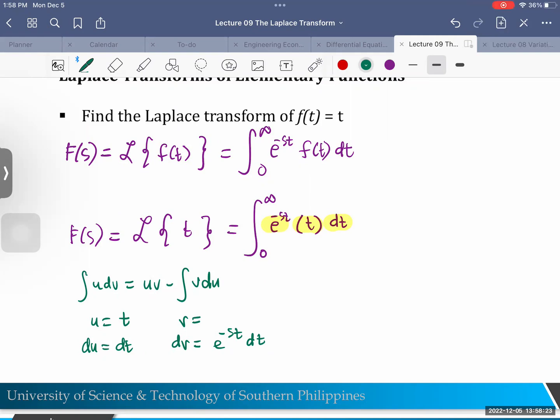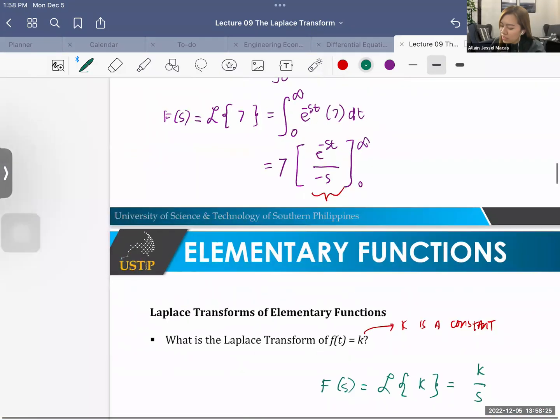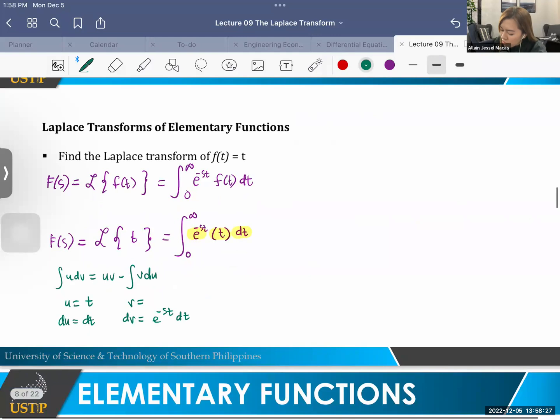Nag-integrate ba ta ganina? Nakalimot na mo? Over negative s. Correct. Okay, so that is e to the negative st over negative s. Kalimti yung negative s. Okay, so based from this,